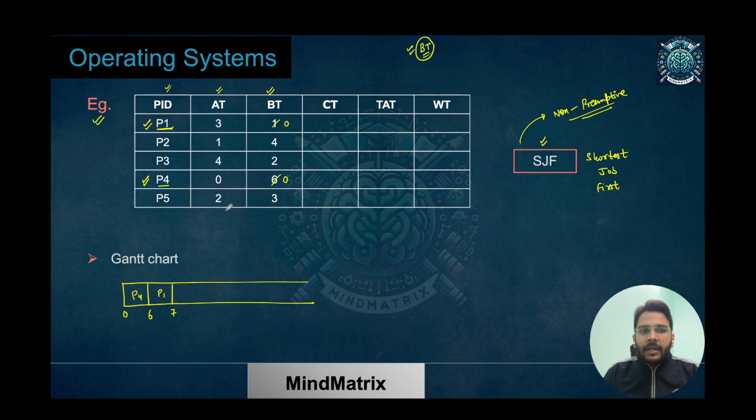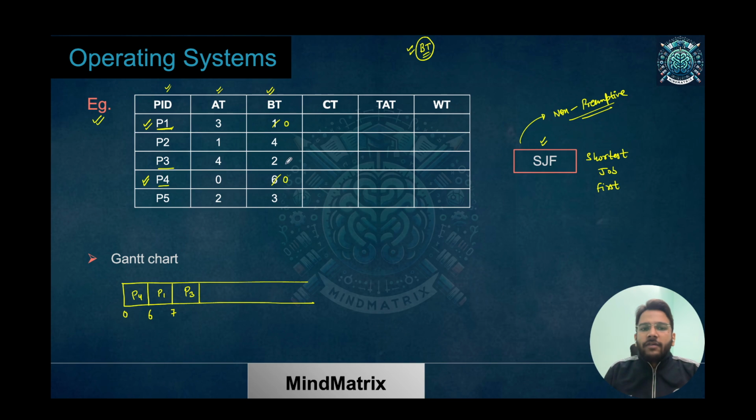Clear? Now P3, P2 and P5, these are the 3 remaining processes present in the ready queue. We will be checking and comparing the burst time. P3 is having the lowest burst time: 4, 2, 3. So P3 is having the lowest burst time. We will be scheduling that first